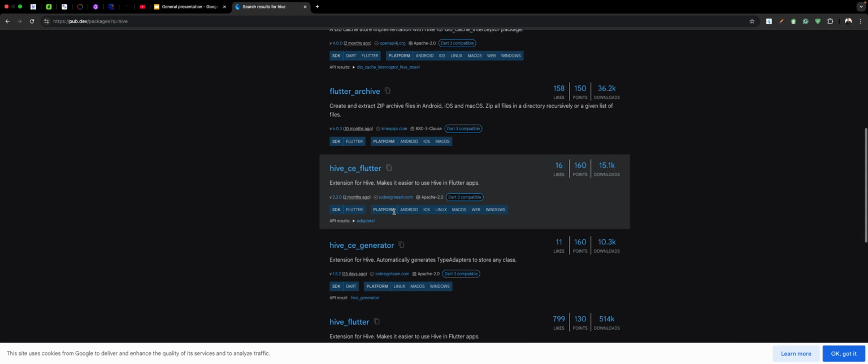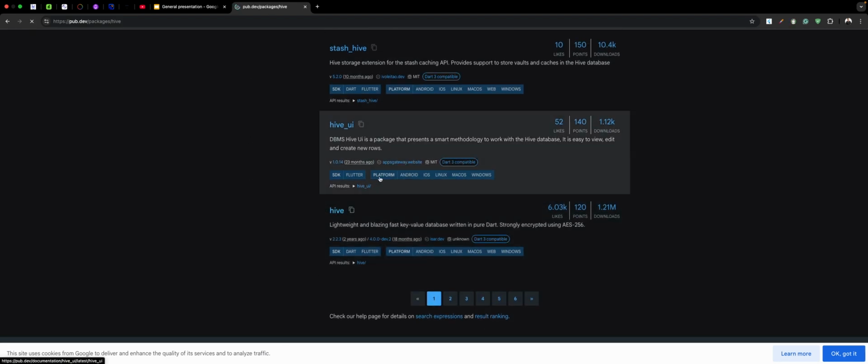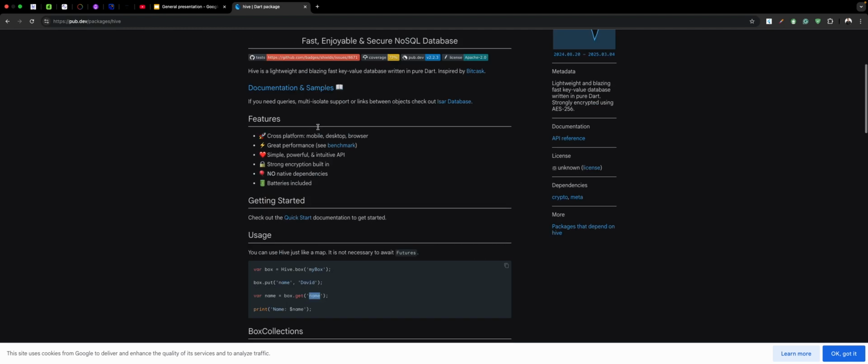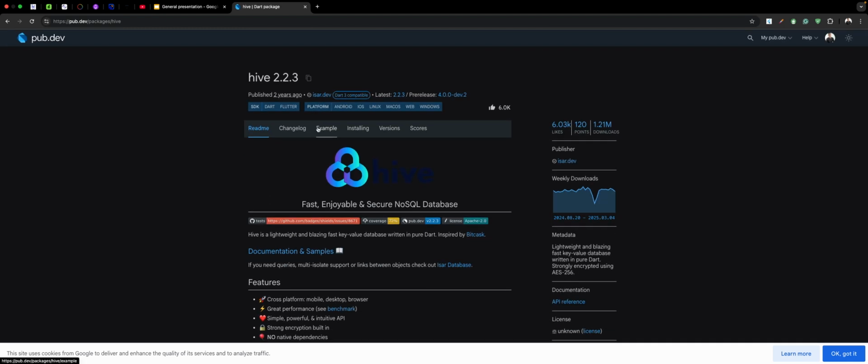And for Hive, okay, so Hive is just, let me show you guys the example. You first create a Hive box, your box.put, you can see the key and the value. Then you can get it using the key, just similar with shared preference. Okay, so guys, make sure you practice how to use Hive. So Hive is a NoSQL fast key value database. It's better for caching and unstructured data, just like shared preference as well. Okay, so now the main thing is